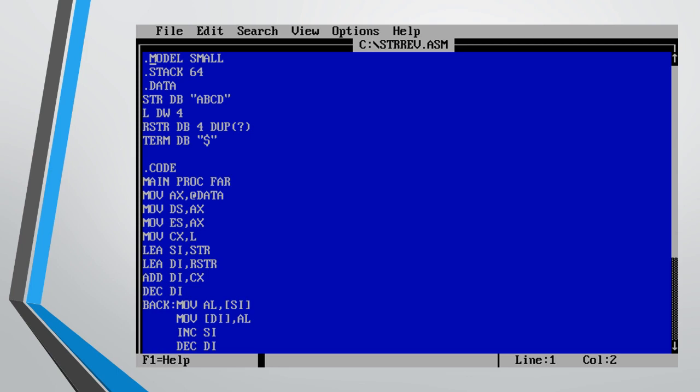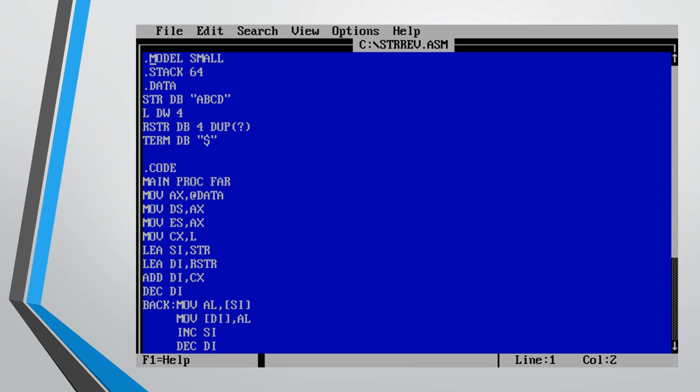The next two lines of the program are mov ax, @data and mov ds, ax. These two lines are responsible for storing the base address of the data segment memory to the data segment register. This has to be done using an intermediate register AX because the architecture of 8086 does not support the direct transfer of the data.